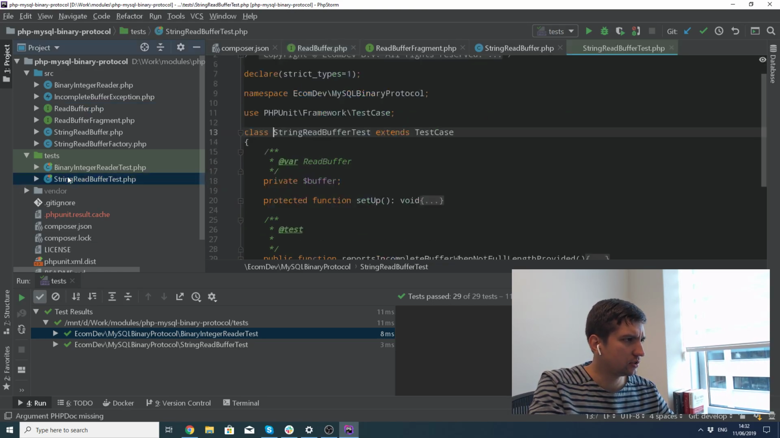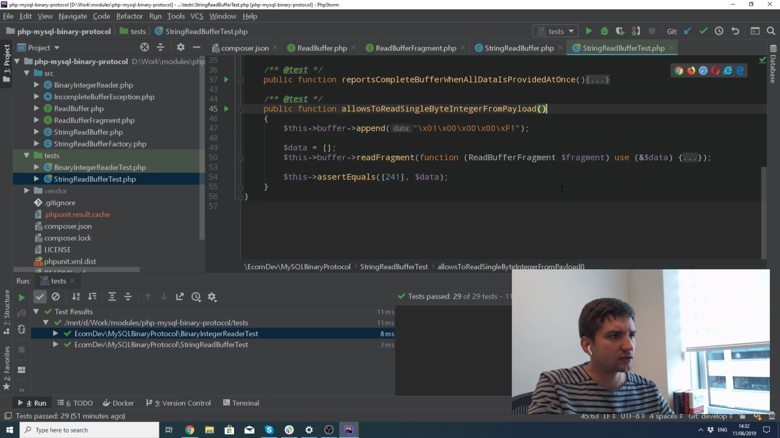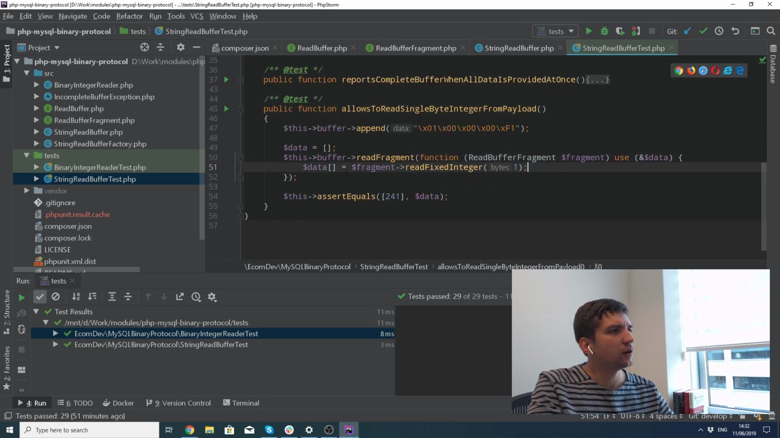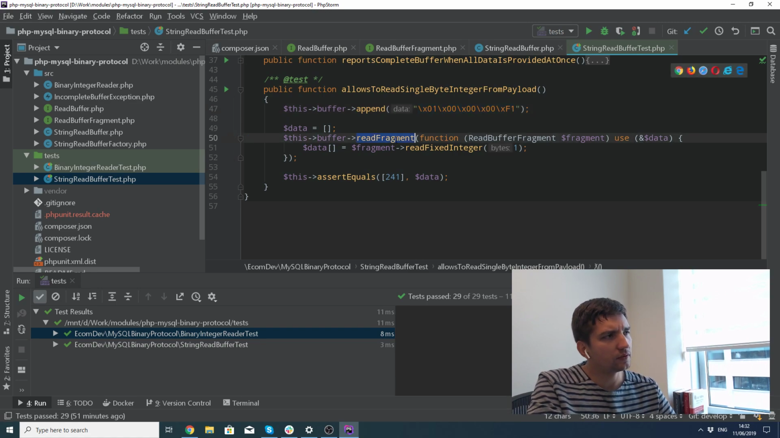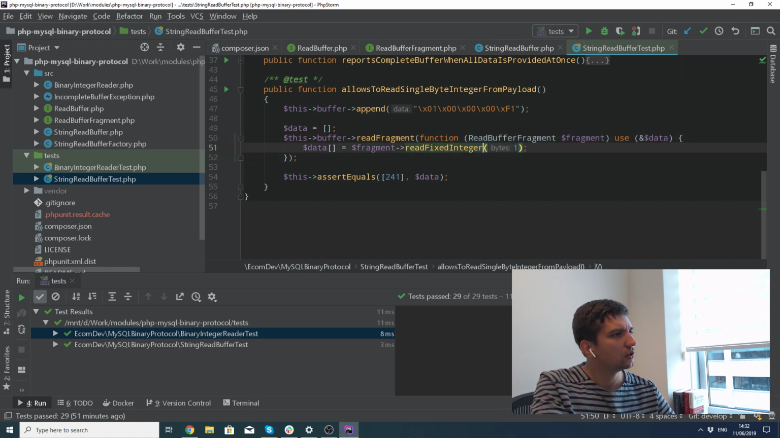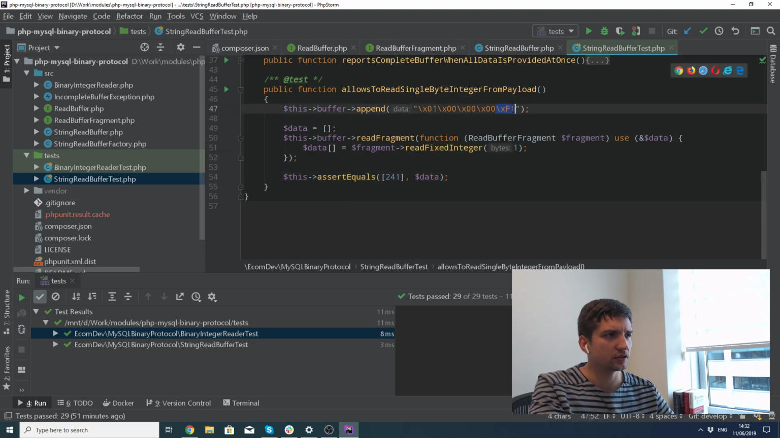Here we can actually see an example in one of the tests. So let's say we have some binary data being supplied as an input. Then we try to read the fragment, where we will receive a read buffer fragment reader itself as an argument in a callback, and we will try to read one fixed integer, and then we assert that this fixed integer, this 0xF1,